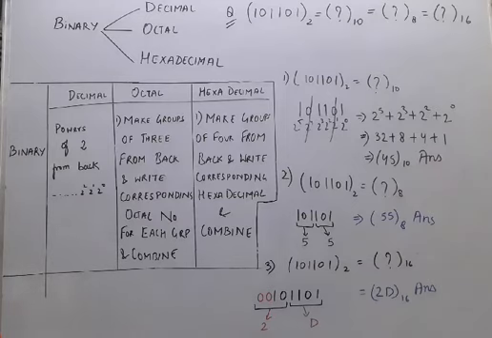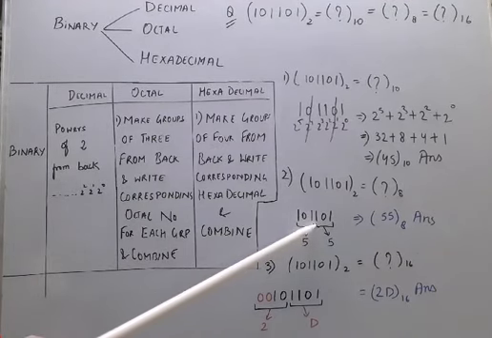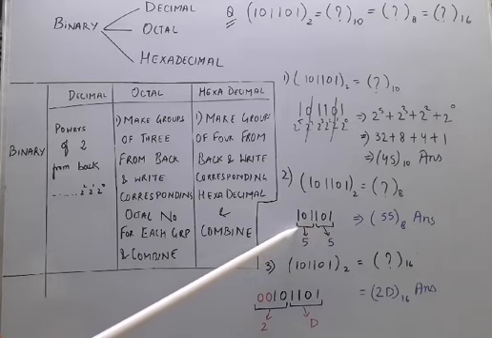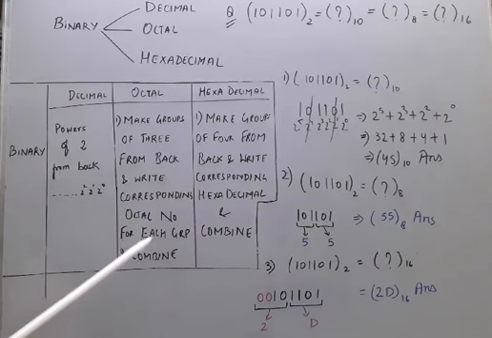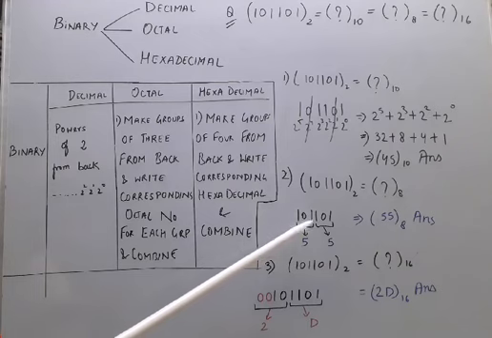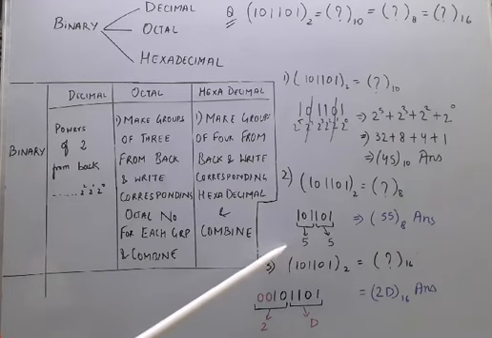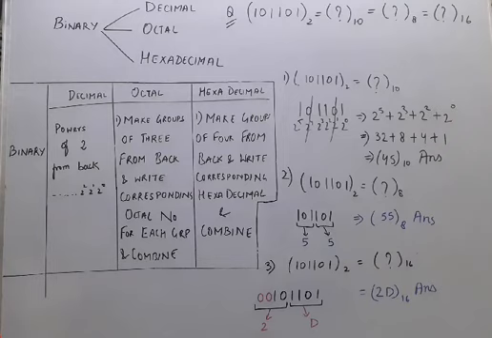in the table like we saw. So, what we can do? We have to make groups of 3. See what I have done here. I have made groups of 3 from back. First of all, I made this group and then I made this group. And after this, what do we have to do? Write the corresponding octal number for each group. So, 101 is for 5, 101 is for 5. Now, you combine these two to give the answer. So, this number in octal is represented by 55.